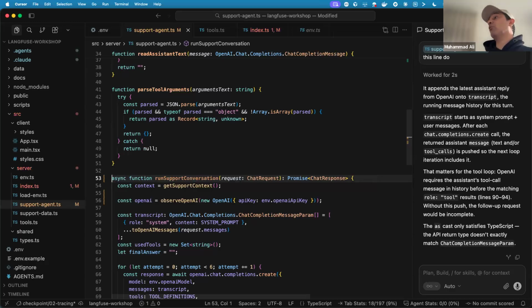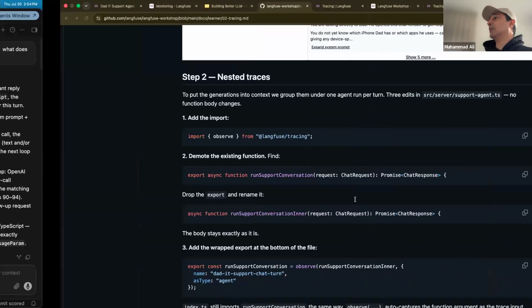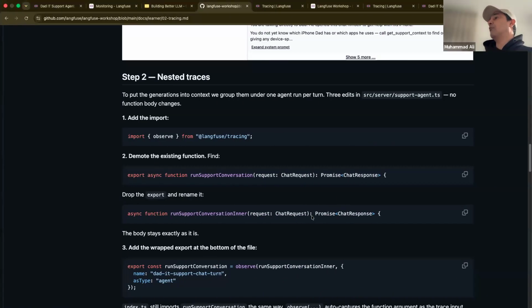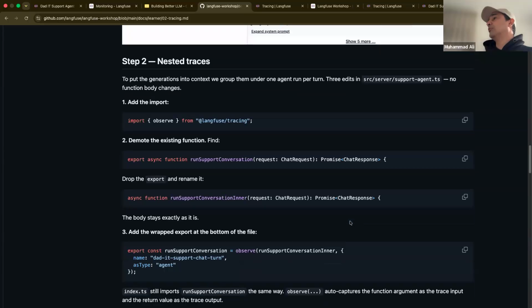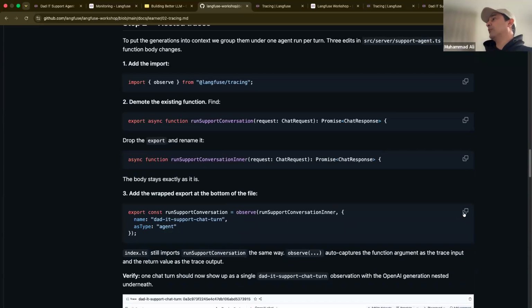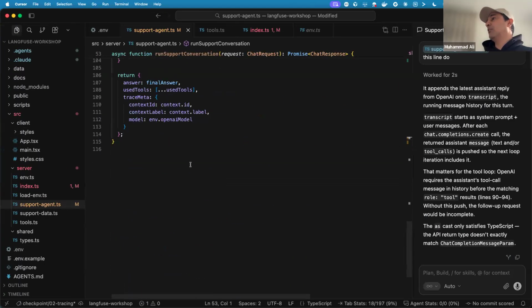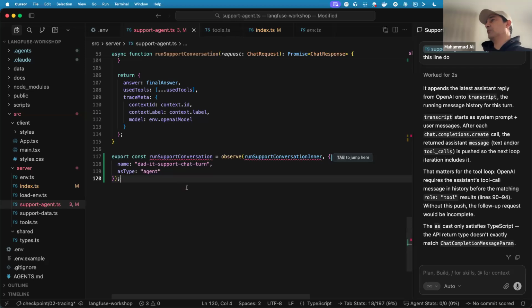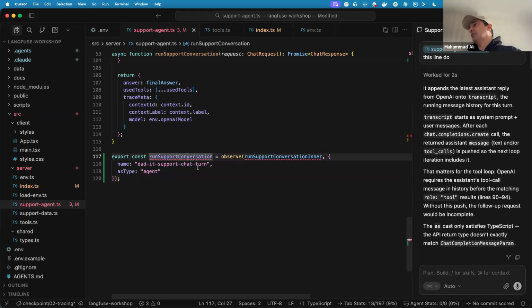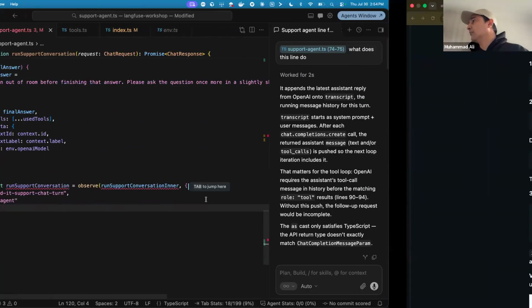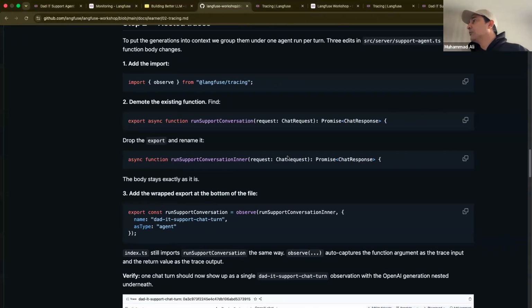So now it's not exported, it's not shown to the other parts of the application, but what we will do is export it in a different way. After the method, I'm going to paste this code, which exports this particular constant value.